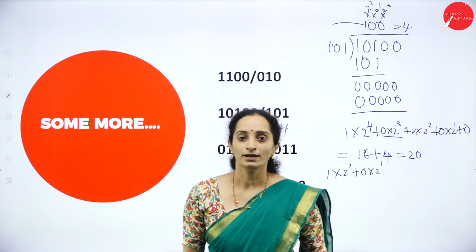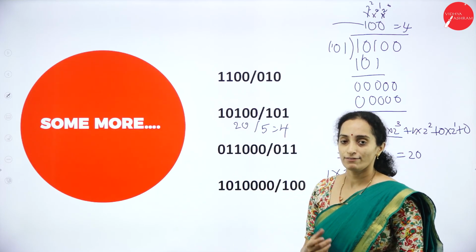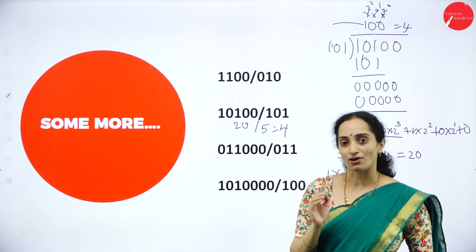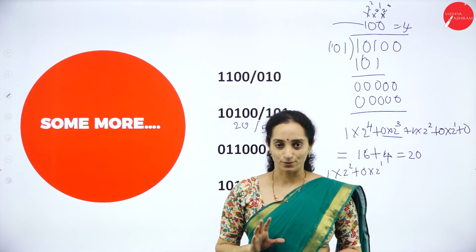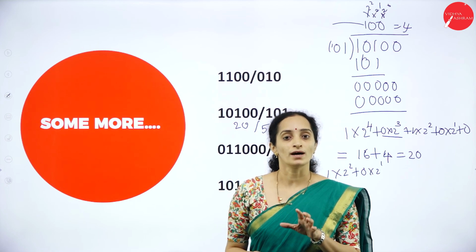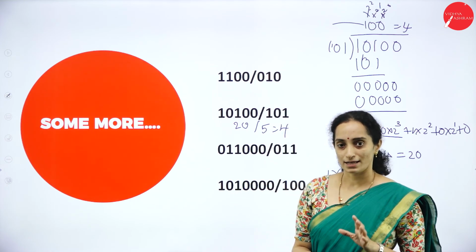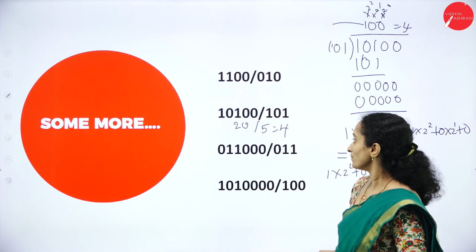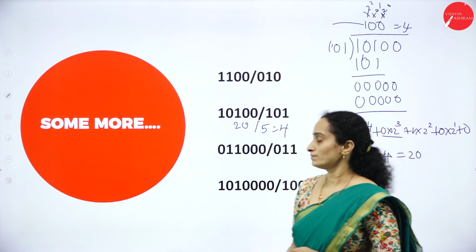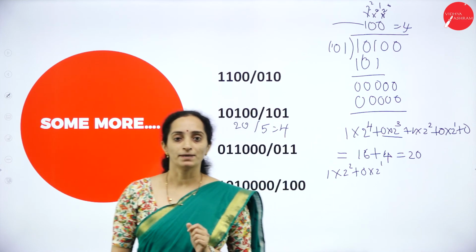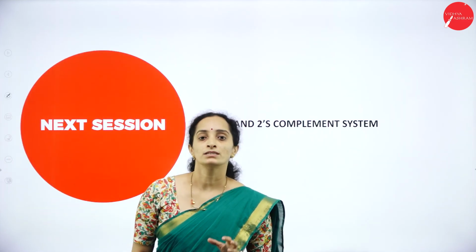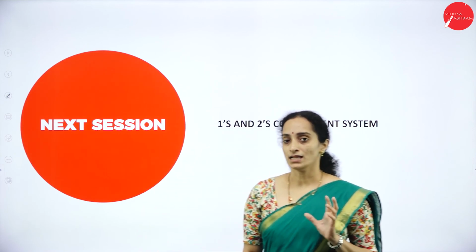So this is how a division operation is carried out with binary numbers, or how a processor processes your decimal number when it is converted to binary form. Okay. So this is about the basic arithmetic operations that can be carried out with binary numbers.